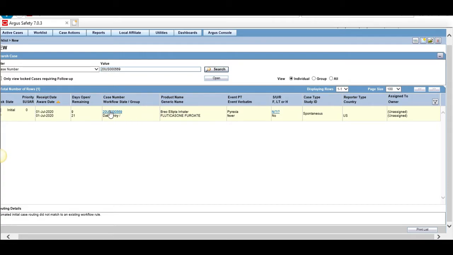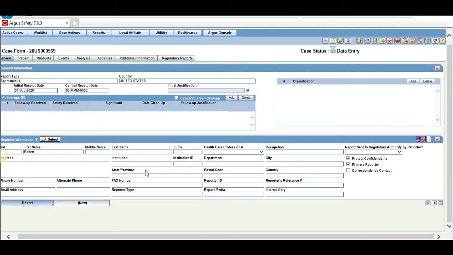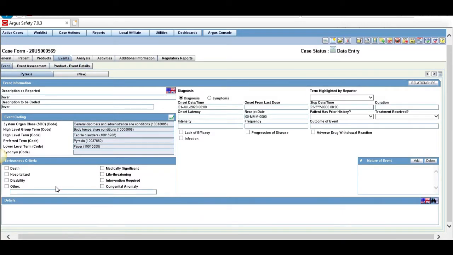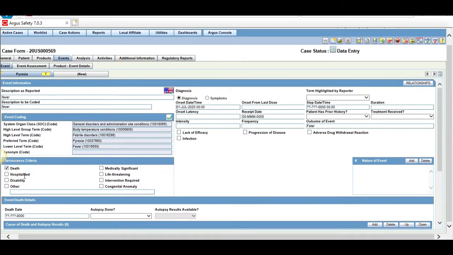Now let me open this particular case. Don't forget that the days remaining was 21 days. So let's do one thing. Let's go under the event tab and make this case as event fatal, and change it to death.